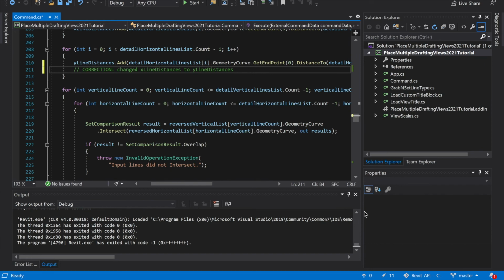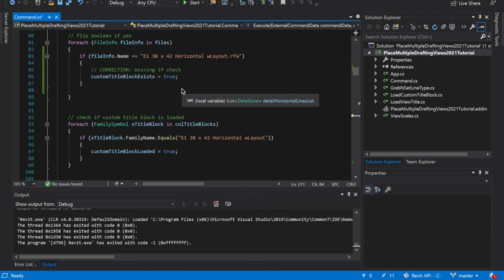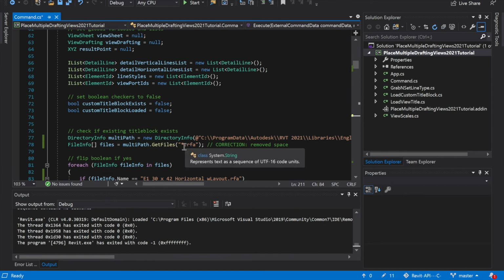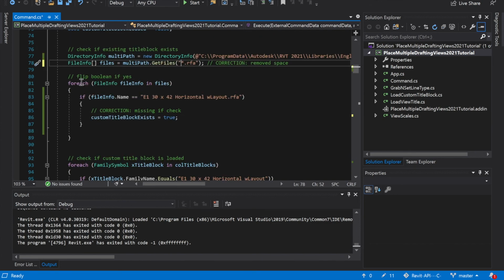Okay, so we had a couple corrections to make, or well, hopefully you caught them, and it's just me. And we start from the top. So first one was I had a space like this in my .rfa search for the get files. There should be no space. I just have it like that. Okay. And then I also had another one. I forgot my if statement in this one. Okay. So it should have been for each, and then if this, right? So file info.name, search for the custom title block basically, and if it exists, set it as true. Okay. And then the other one was